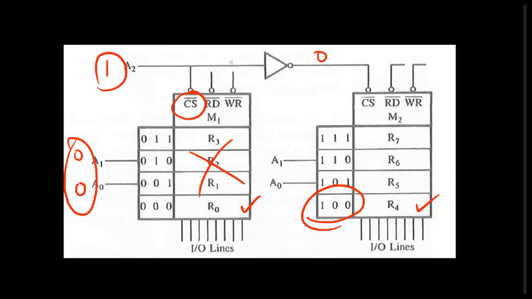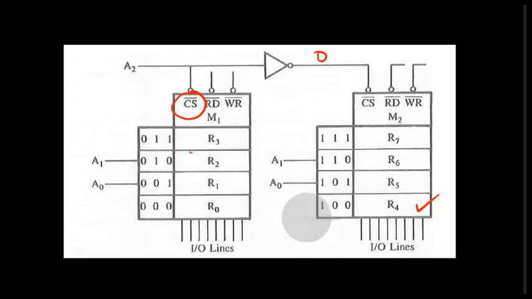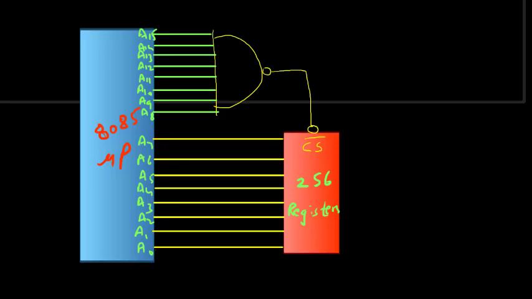In case we have multiple chips in our system, then we need some extra circuits to select those particular chips and select the particular register inside that chip. So this is the required interfacing. As we see, there are 16 address lines of microprocessor 8085. Out of these 16, we connect 8 to this memory chip, as seen here.